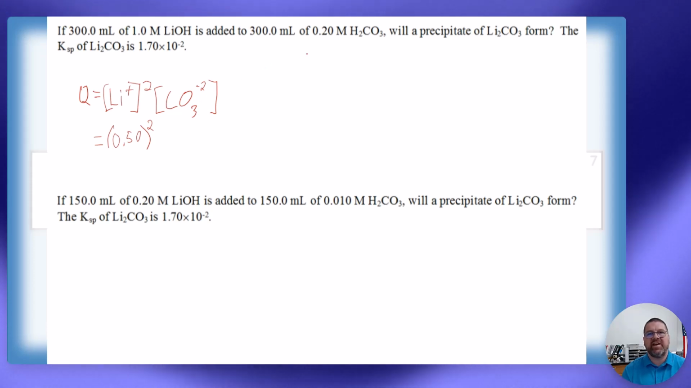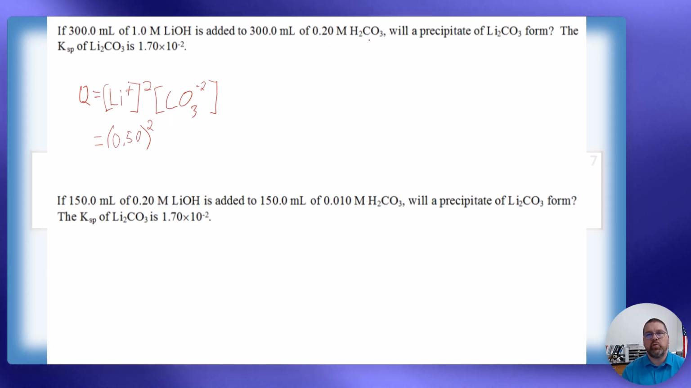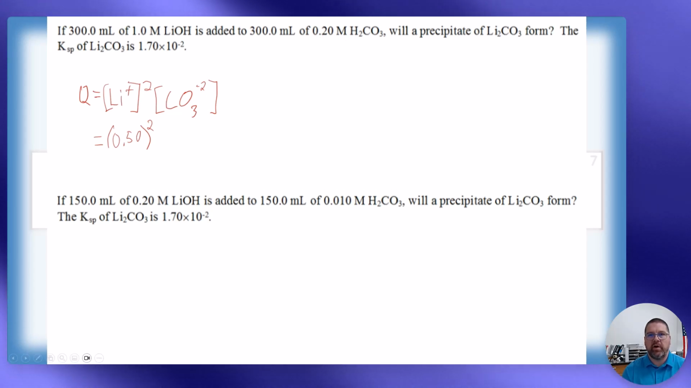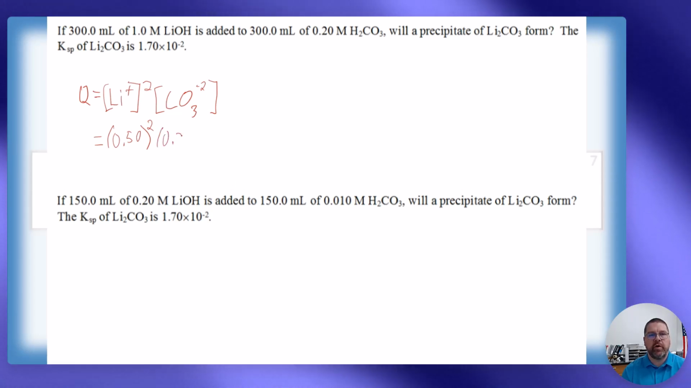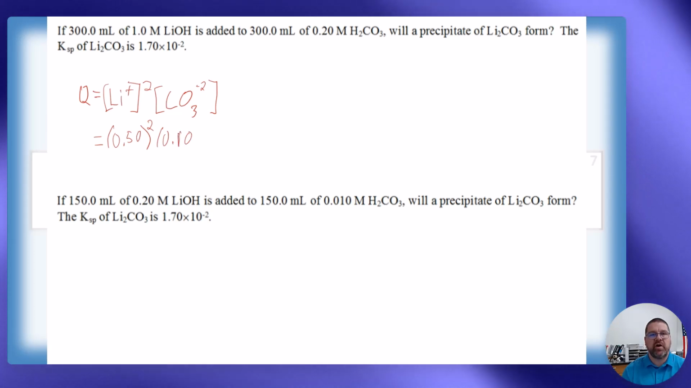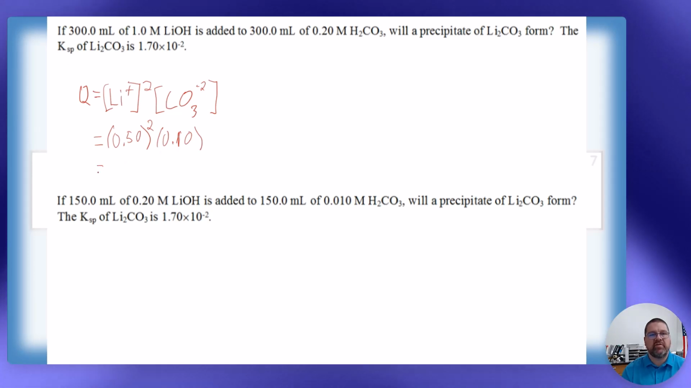The carbonate, again, same thing. We're doubling the volume that the carbonic acid is going to be present in, and so we have to cut that concentration in half. Again, that is a weak acid, so we're going to assume that it runs to the point where it's totally consumed, and we would end up at most with 0.10 molar, because we cut the concentration in half. All right, so that's going to give us 0.25 times 0.1. That gives us a Q value of